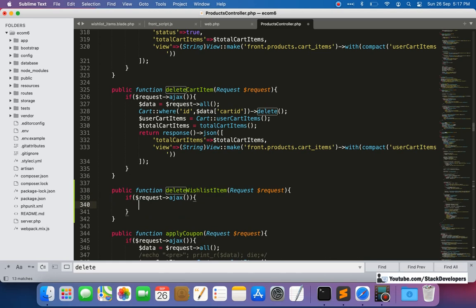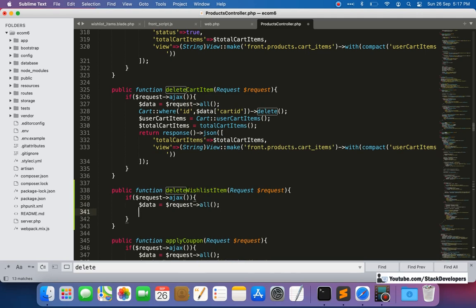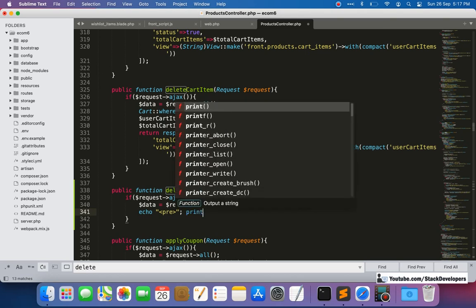First of all, we are going to get the data here, and check whether the control is reaching this part or there is some error in between. It is necessary to check. This is the second checkpoint, we can say.